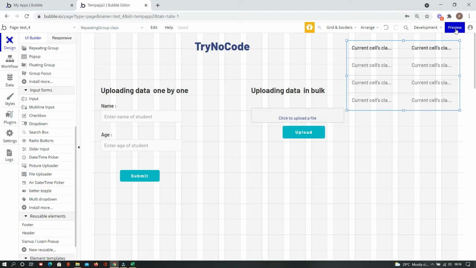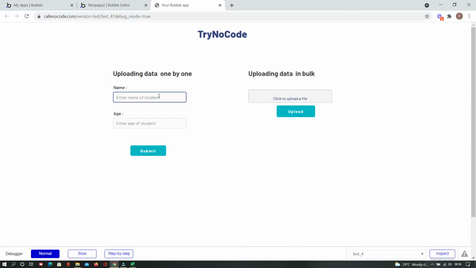So let's preview it. So the example, where we are entering data from the front end one by one. So it's like that, mj, I'm entering the values, submit. So the first entry came up. Now another one, dj. So you can see for two entries it will be taking around 4 seconds for me.